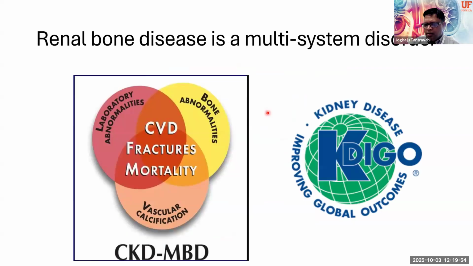Okay. Now, KDIGO, the Kidney Disease Improving Global Outcomes consortium, has tried to reconfigure our understanding of renal osteodystrophy. Certainly when I was a fellow, I would almost describe renal osteodystrophy as a two-dimensional entity. Was the phosphorus high? Was the PTH high? Was the calcium low? Are we giving vitamin D? Are we giving a phosphate binder? All that kind of stuff. It was, I dare say, very much of a